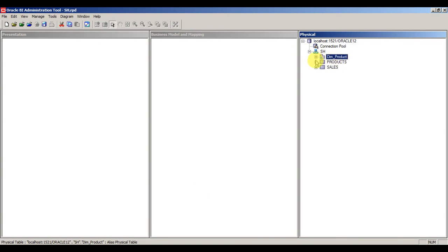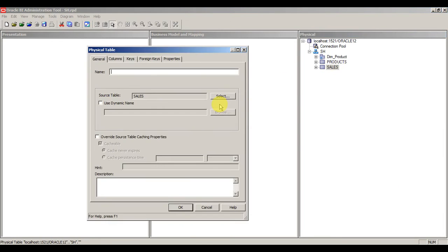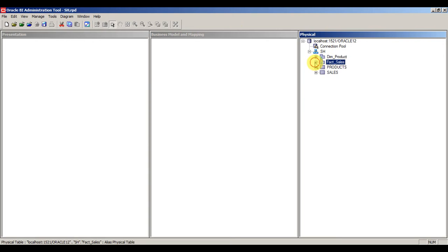See here, you can see a different icon. This icon represents an alias. Now sales is a fact, so I'll create one more alias for it, fact underscore sales. Mostly we will not work with the actual tables, we will work with the aliases.